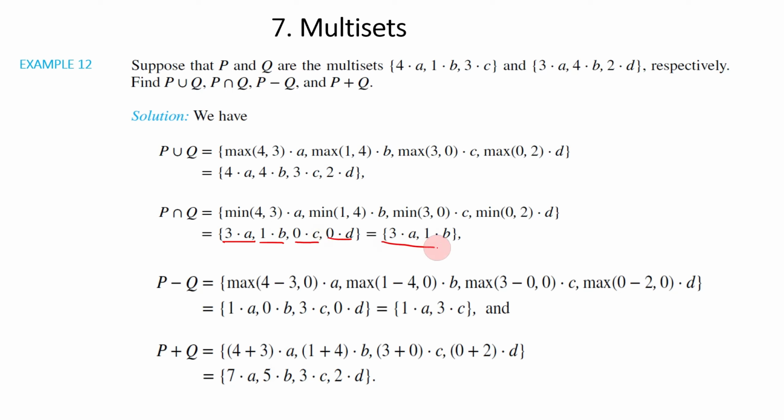Which basically all this is what they have. So 3 A's and 1 B. That's what they have in common. This is the result of the intersection of multisets. So it's slightly different from what we were doing, and that's how these multisets work. Now it's kind of easy to understand with the union and intersection, but what about the